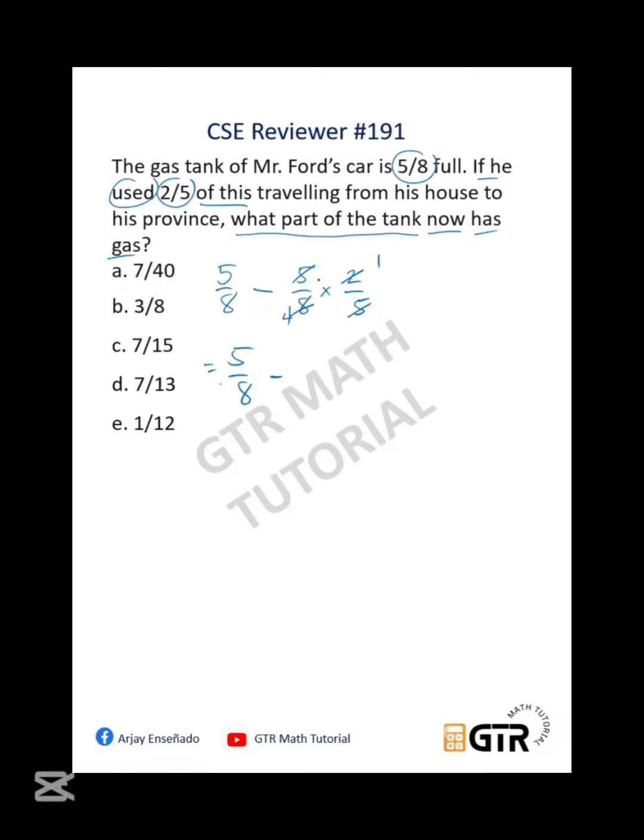So the remaining for this part is 1/4. So just subtract this, 5/8 minus 1/4. So make the fraction similar. We can make this fraction 1/4 a denominator of 8 by multiplying both the numerator and denominator by 2. Okay, so just copy 5/8 and then minus 1 times 2, we have 2. And then 4 times 2, that is equal to 8. So they are now similar fractions.